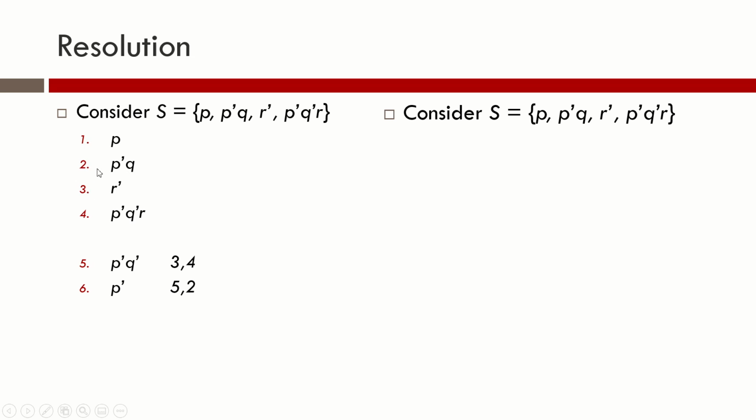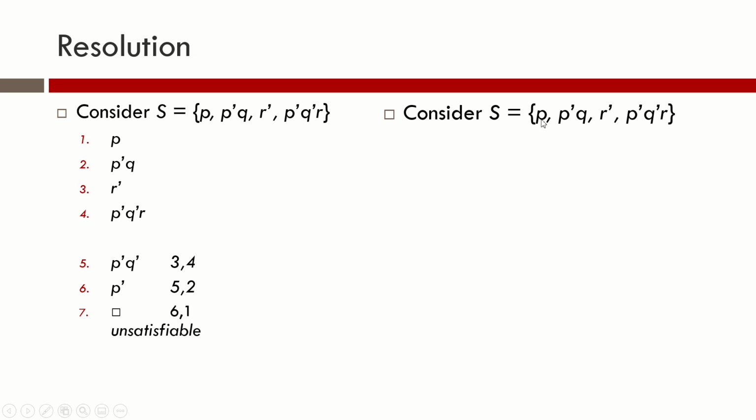And now we have P, the first clause, and the sixth clause is P complement. When you take these two clashing clauses and perform resolution, you get an empty clause. When you perform resolution on 6 and 1, you get an empty clause. And when you get an empty clause, we can say that the set of clauses given, that is this set, is unsatisfiable. So whenever you get an empty clause, you can say that the set of clauses is unsatisfiable.